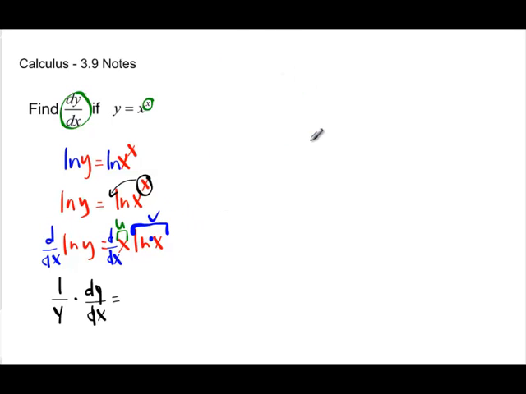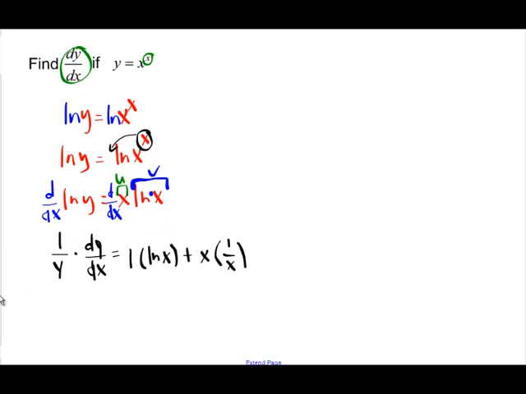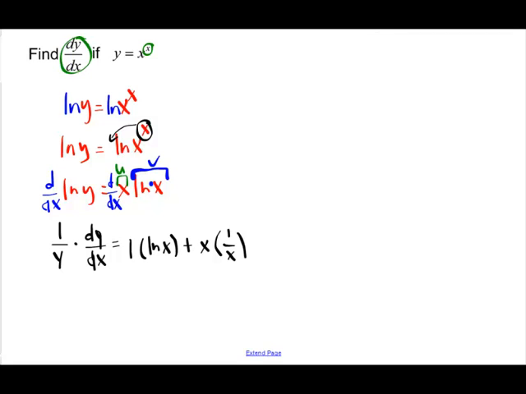Okay? And so when you chain that out, the derivative of the first, which is 1, times the second, which is the natural log of x, plus the first times the derivative of the second, which is 1 over x. And so now you're going to want to get that all cleaned up and get your dy dx all by itself. So how do you do that? Well, multiply both sides by y. And when you do that, you have dy dx